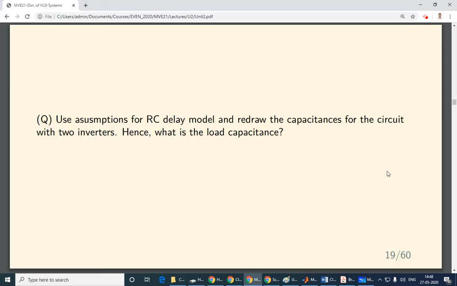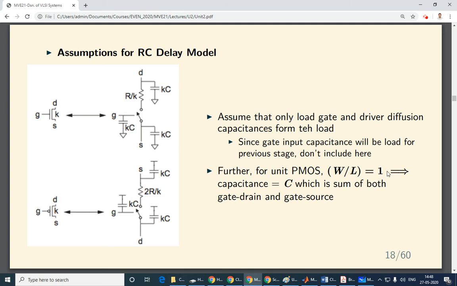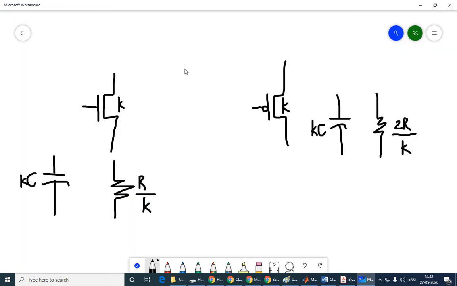And now we can go to the RC delay model. For the RC delay model, we just have to draw the full equivalent circuit. We might have multiple transistors, but for the low to high or high to low, whichever it is, for that particular transition, you have to replace the transistor with the equivalent resistance and mark all the capacitances. Now, what is the value of the delay? That is what the RC delay model is going to tell us. It is a very simple answer. The delay is given by the R into C product. That is the delay.